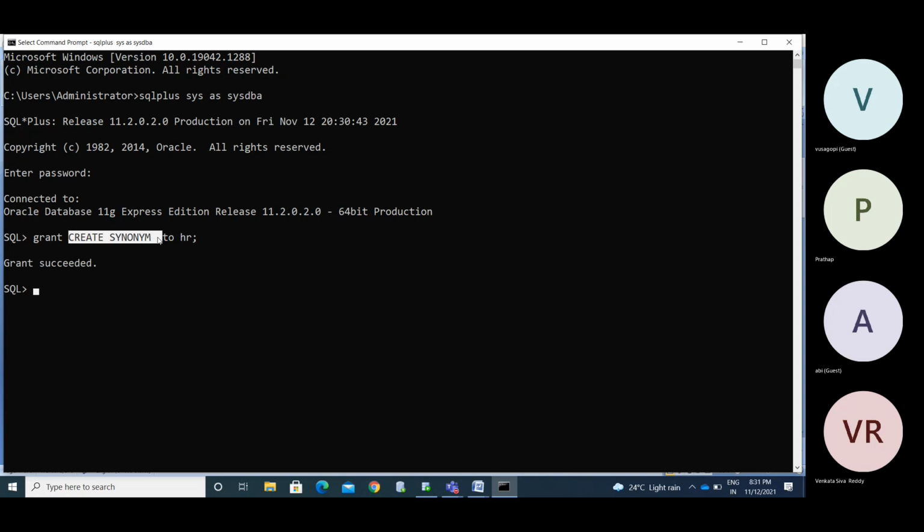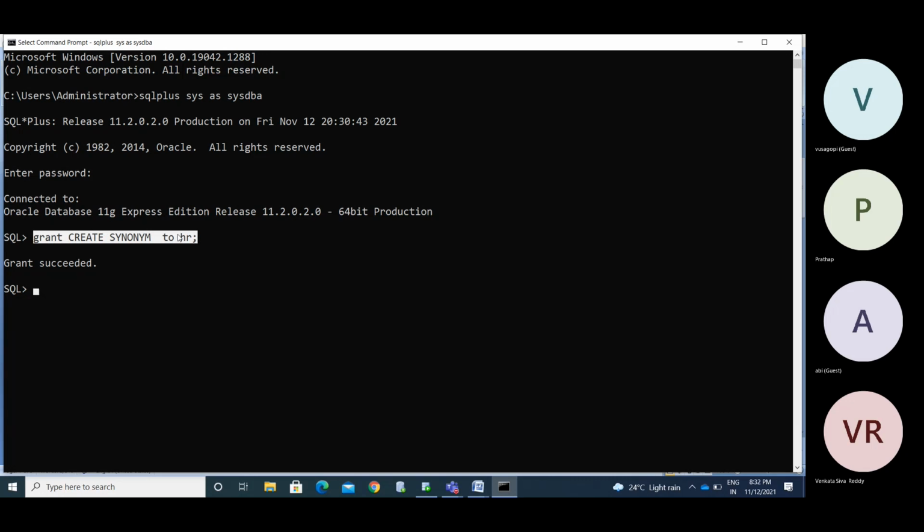But if you want to build someone else's house, in that case you need to take the authority, someone who has the capacity to build houses. You will take the approval and all those things, right? Similarly, if you want to create synonyms, we need the grant, like create synonym.